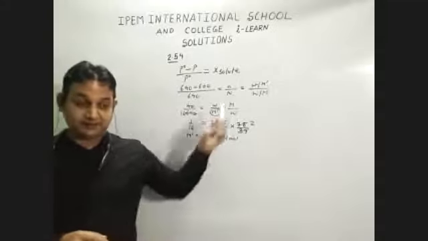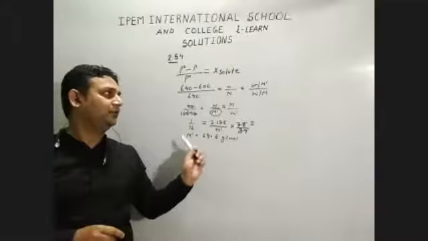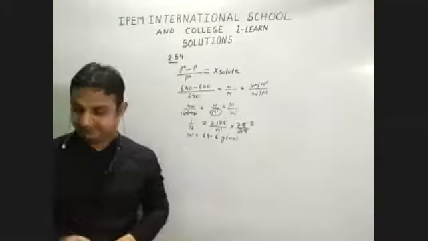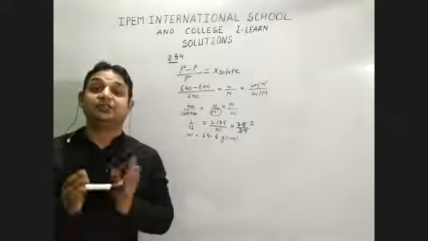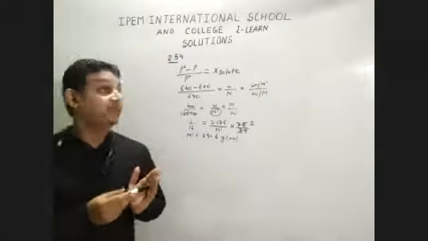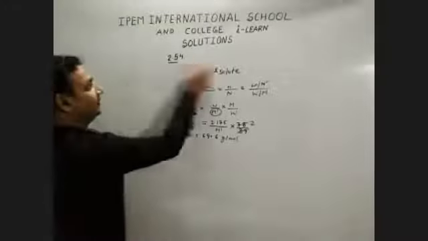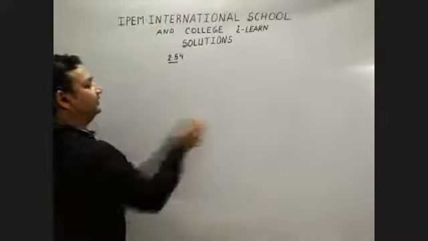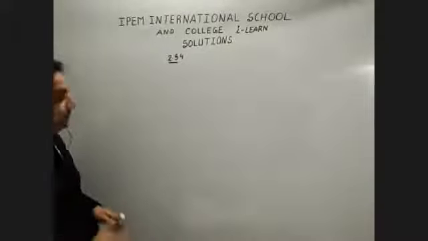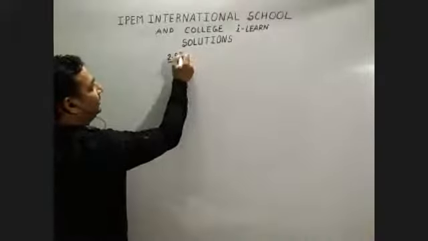Same pattern, same question, and same topic: molecular mass of a solute. Generally molecular mass, because they have mentioned in this syllabus the relationship between the molecular mass and the relative lowering of vapor pressure. Then make a copy and do it out. Make a copy, I'm telling again and again, so that you will not worry at the last moment when we have to revise how it will happen.